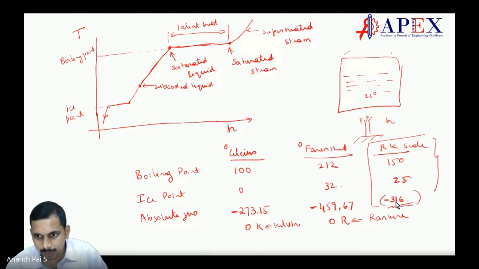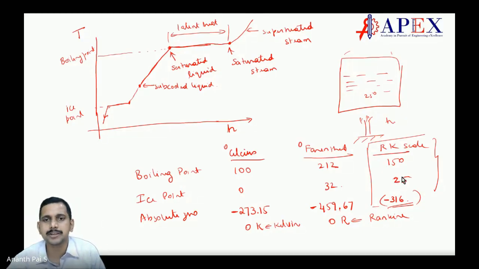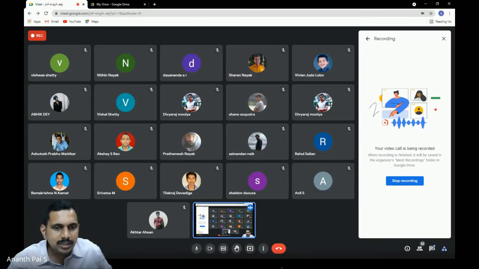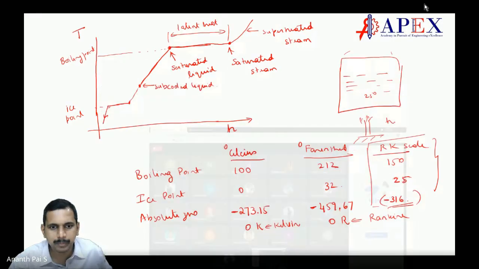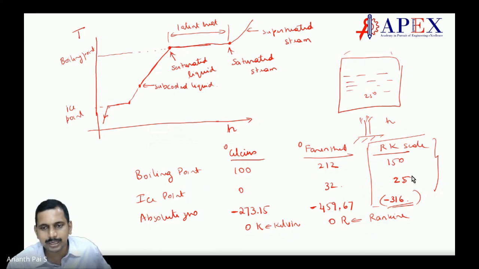Sir, here first you have taken 0, no, for calculating pressures. Then for calculating absolute 0, then you took 25, right, sir? Why, sir? Which one? This one. Ah, yes, sir. I have taken arbitrary. I have asked Ramakrishna to do that. Okay. Who is this asking question? Prathamesh. Okay, we will have Prathamesh scale here. You tell me what number we want. Okay. So based on that, we can get.